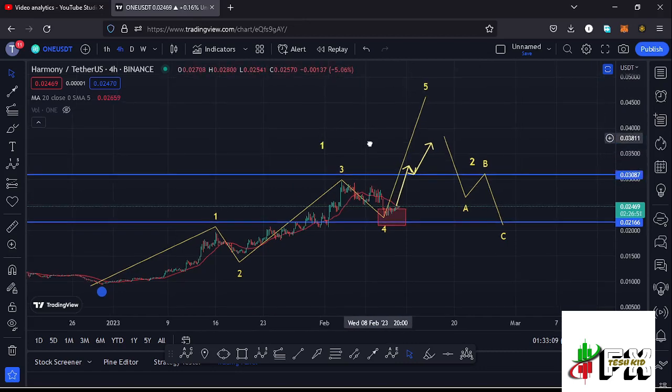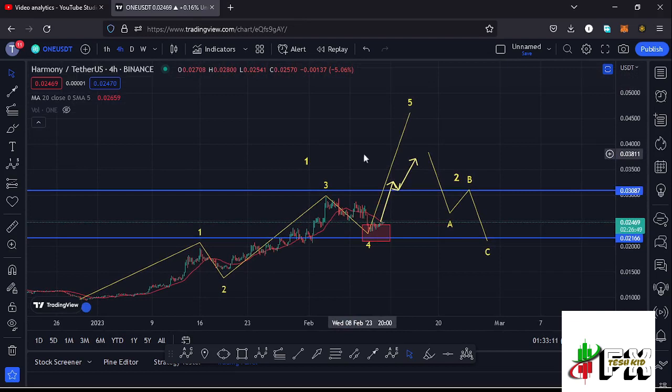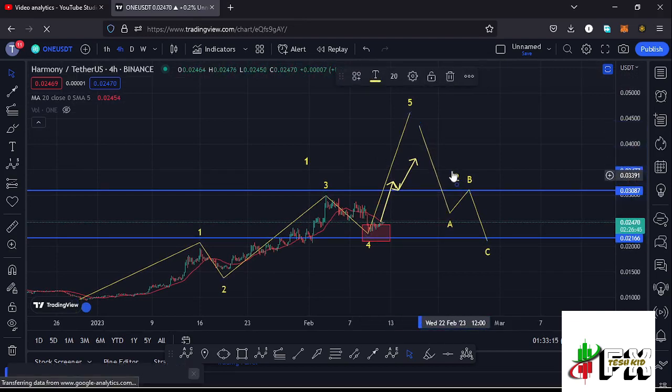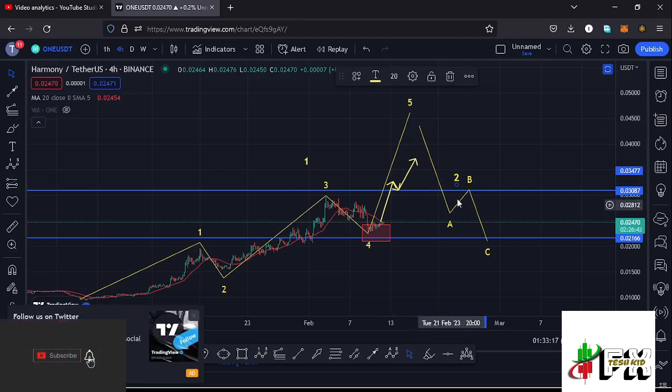And once the formation of that larger Elliott wave count 1 is in, then we can expect a corrective structure in the formation of a larger Elliott wave count 2, where I will also be expecting to see an ABC corrective structure, fully maximizing our target areas in the formation of that wave 2.